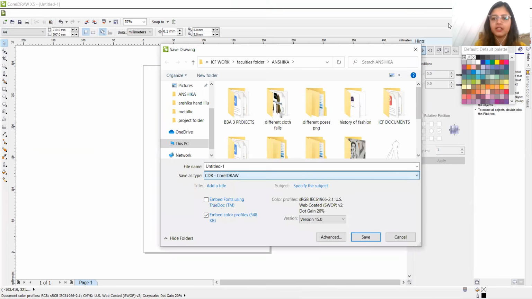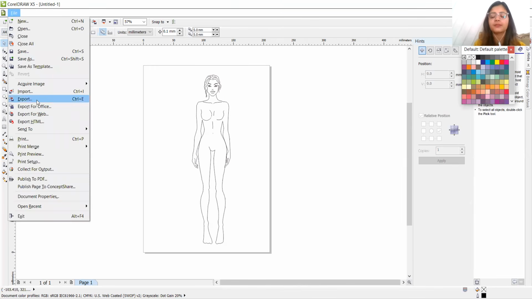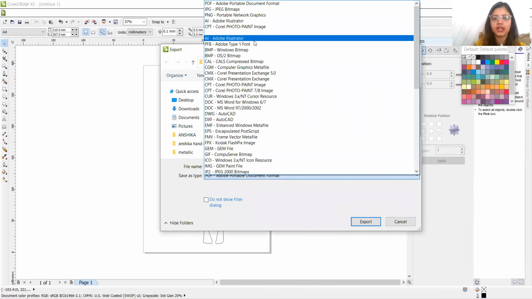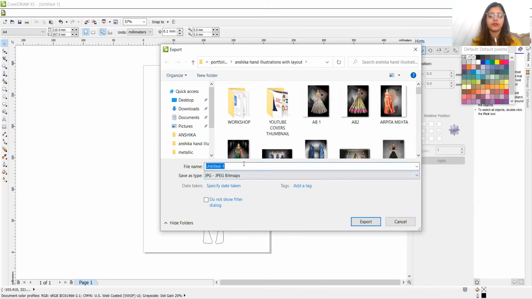For JPG, go to File, Export. Then you can see some options and here's a JPG option. Whatever file name you want, croquis with CorelDRAW. And it is done.